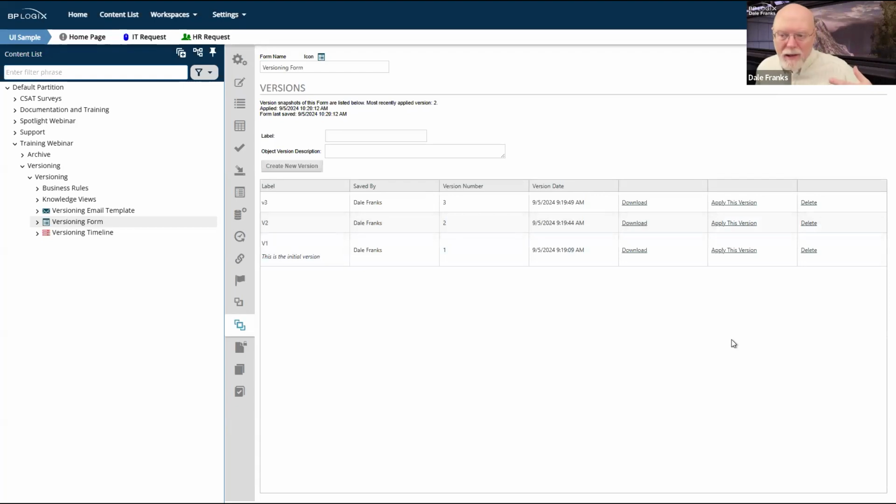Now, keep in mind, this versioning can be confusing. I have 3 versions. My latest version was at 49 seconds after 9:19. So that technically is my newest version, but not the version that I'm running. I'm running version 2. So it is important, whenever you go to the versions tab, especially if you have multiple versions like I have, the first thing you should do, and you will save yourself trouble, trust me, is read this at the top of the screen. That tells you what is going on with that form.